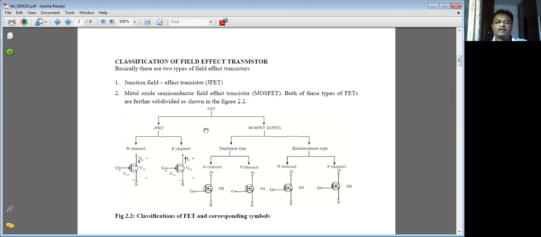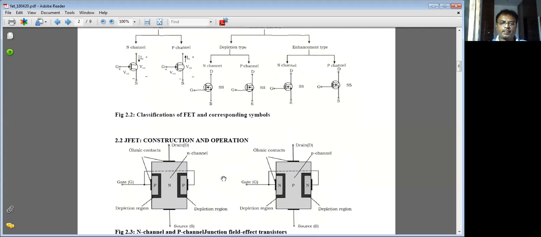So preferably always understand N-channel. Even in the exam, if they ask you to explain some depletion type MOSFET, write N-channel only. If they specifically ask you to write P-channel, then only write P-channel. Unless otherwise specified, always we will be speaking about N-channel only. Very popular, very widely used N-channel. If it is specifically asked, write a P-channel JFET, write a P-channel MOSFET, then only write P-channel. Otherwise, by default, always N-channel. I think it's clear. Now we will start with JFET.